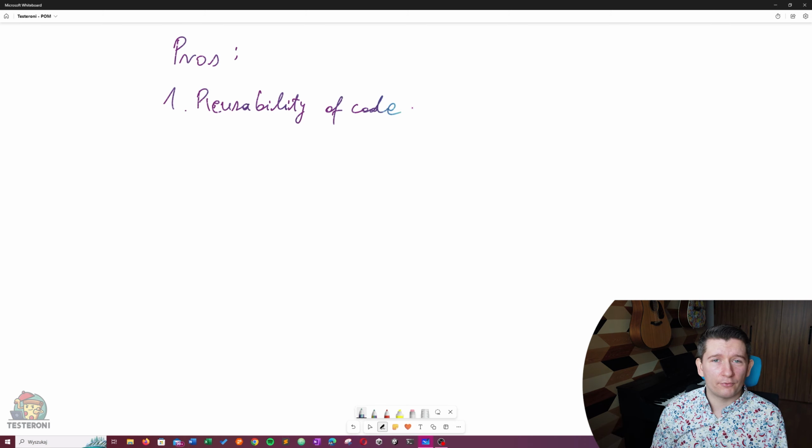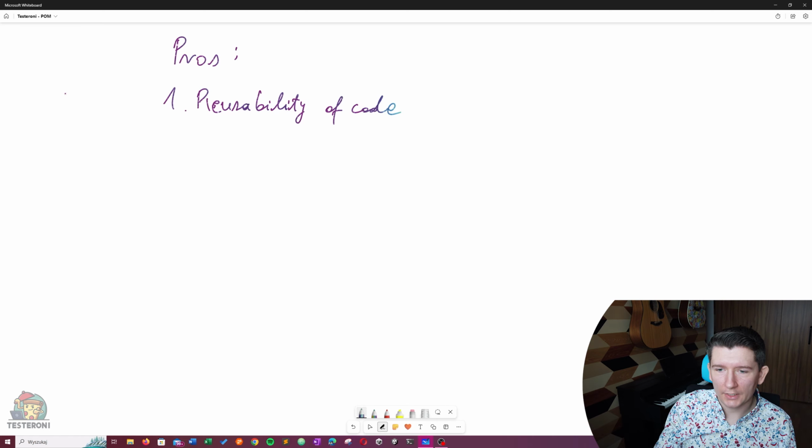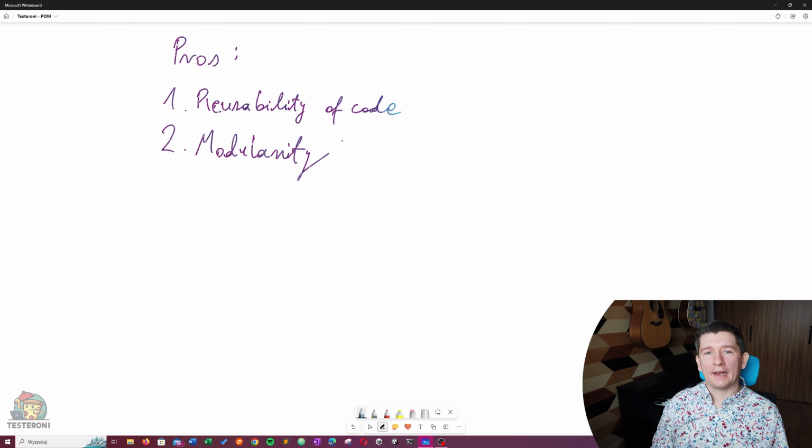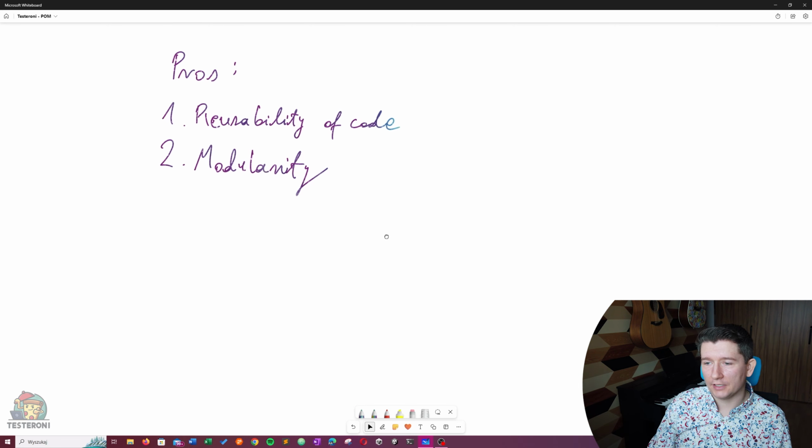All the helper methods for interacting with the GUI are neatly placed in the page object classes, and all your tests are in the test classes. So it's all good. You don't need to worry about the code not being reusable, because it is reusable. You have the blocks that allow for the reusability, and the locators are just placed once. Another thing is the modularity. Like we discussed a moment before, since it allows you to build these nice pyramids,